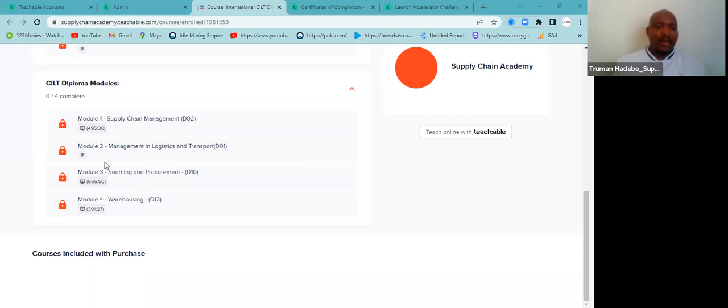So they will then tell you that the maximum is 8 modules. Out of the 8 modules, you might be doing all 8, or based on your qualification, maybe you have a diploma in supply chain management, or in logistics, shipping or maritime. Industrial engineering is also considered part of the qualifications, where you do get exemptions on some of the modules. So you'll be told that maybe you'll be doing all 8,